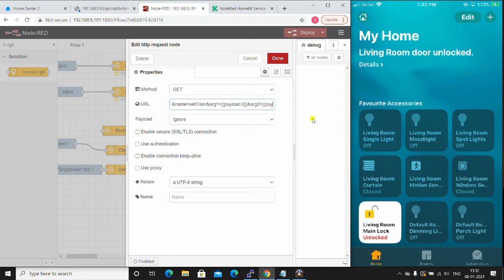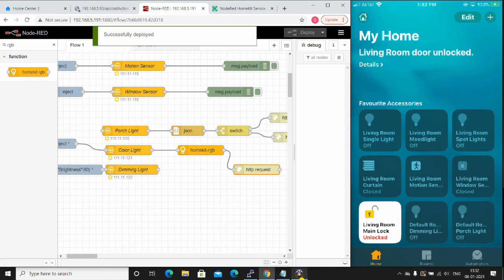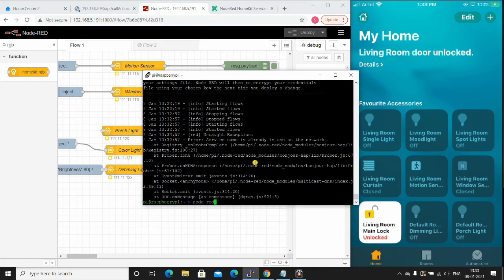Okay, so arg1 is for red, arg2 is for green, arg3 is for blue, and arg4 is white. I don't have a white light here, so I'm just keeping it at 0. Okay, let's deploy it and restart the Node-RED.